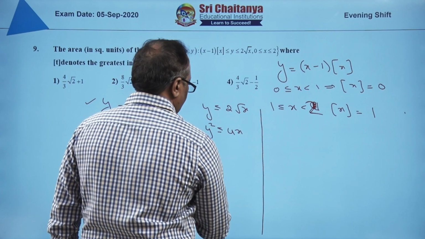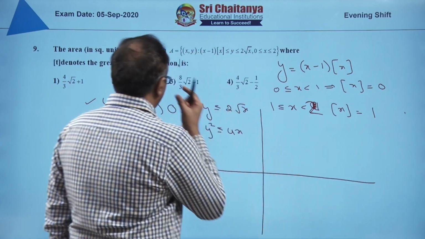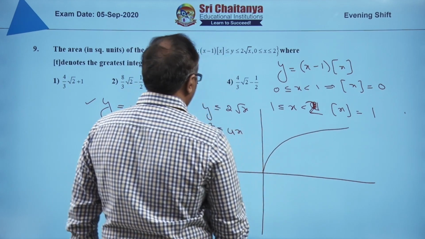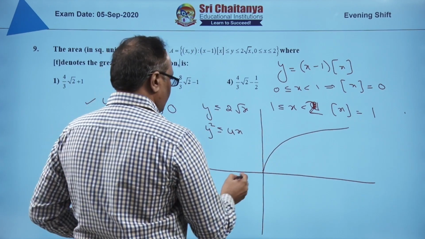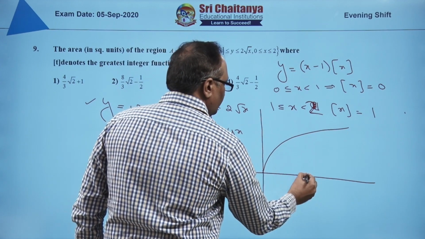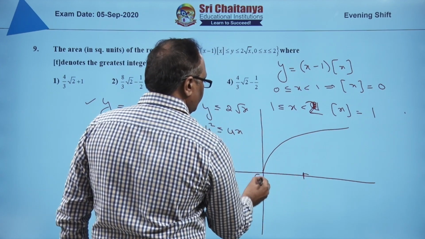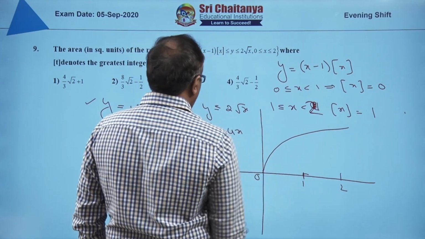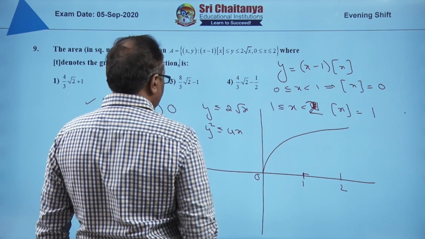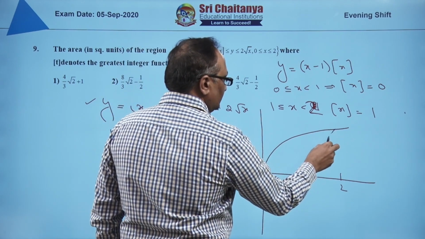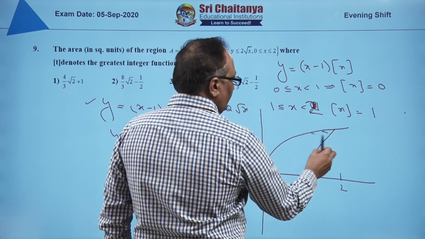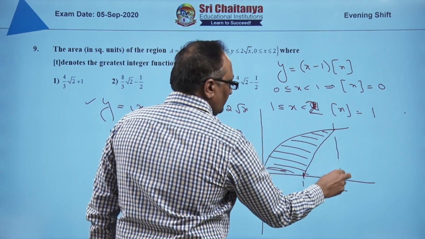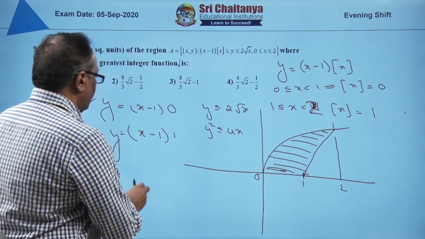Considering the coordinate system, and the graph of y square equal to 4x, and the other function here, from 0 to 1 it is 0, and from 1 to 2 also, and y is nothing but x minus 1 from 1 to 2, here is the line. So, the required area is this area, and we have to eliminate this portion. So, area is nothing but